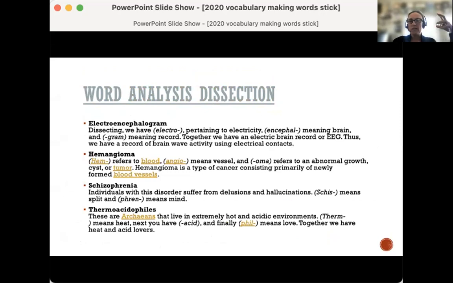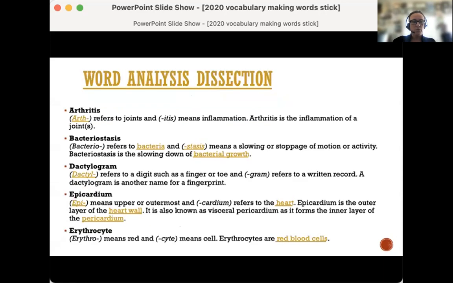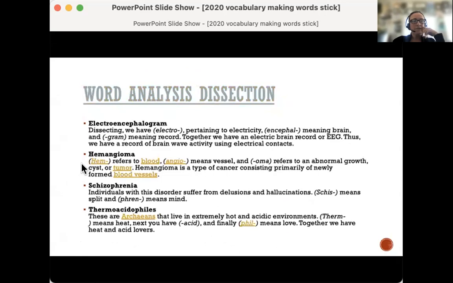But of course, better is to relate it, right? Relate it to words that you already know. So here, this whole idea of red blood cells, how is that related to erythrocyte, right? Erythro means red. Okay. All right. And then, et cetera, we can go to